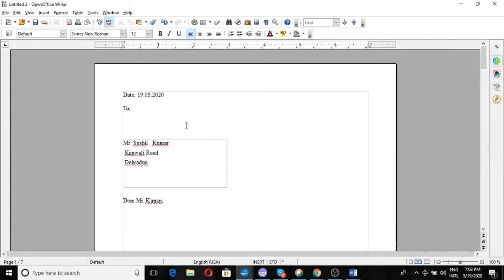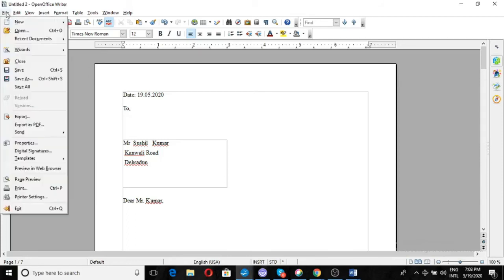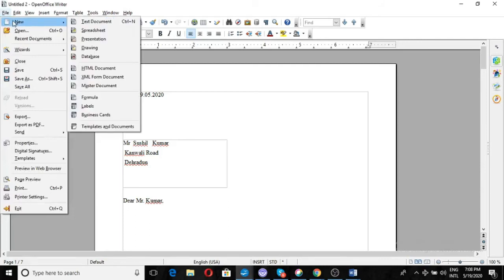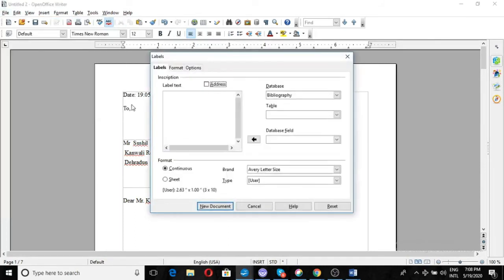Now I want to print the labels. What I'll do, I'll go to file, go to new, I'll go to labels.